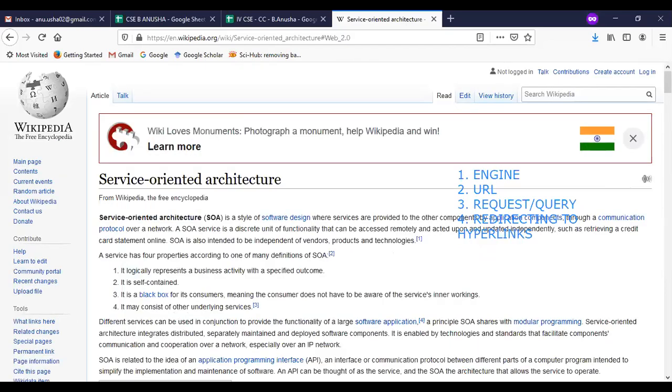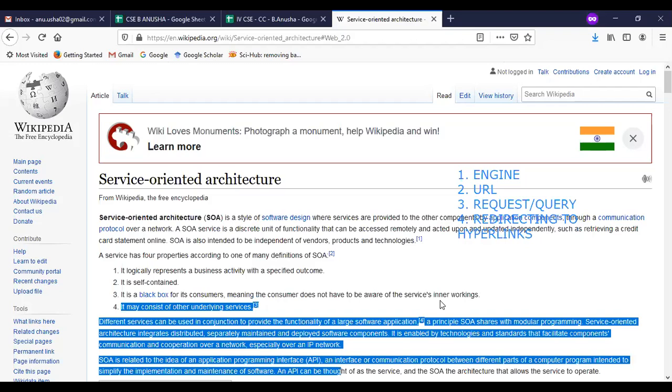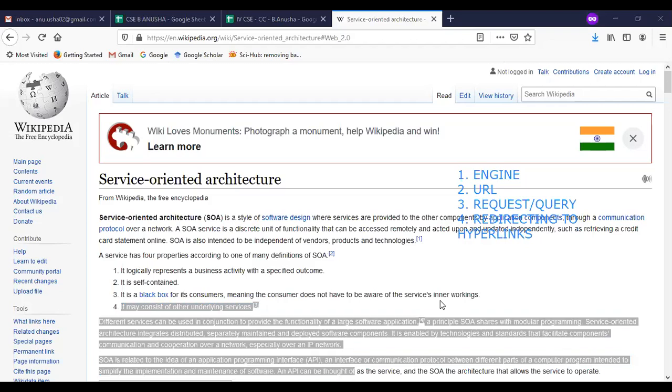Whatever I have done has been read by my protocol. What protocol am I using? HTTPS protocol. I don't want the server to know what work I have done, what things I have done, what states I have used. The HTTPS server should not know what I have done. So what do I have to do here? There lies a new concept called REST API.